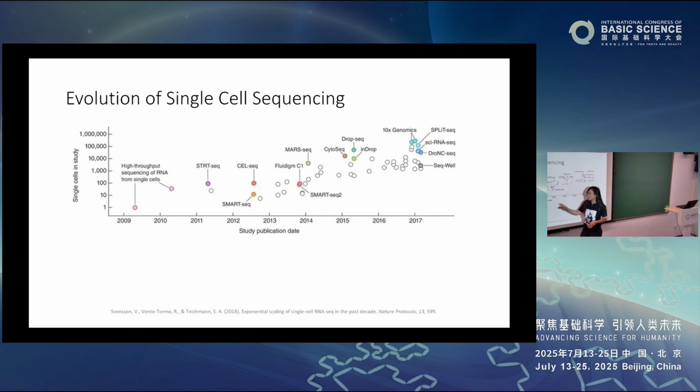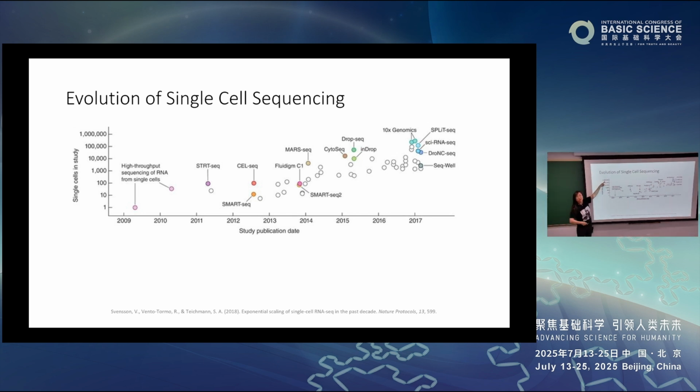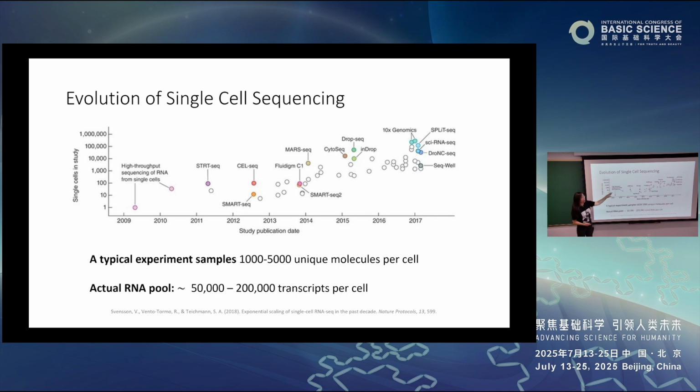The first single-cell data set came out in 2009, and that was a really big deal when they were able to sequence the whole transcriptome of 9 cells. That data set only contained 9 cells, and that was very, very expensive. But over the years, you see this axis is on the log scale. Most single-cell experiments now can collect upwards of a few 100,000 to millions of cells per experiment. The scale has really just exploded with the technological advance.